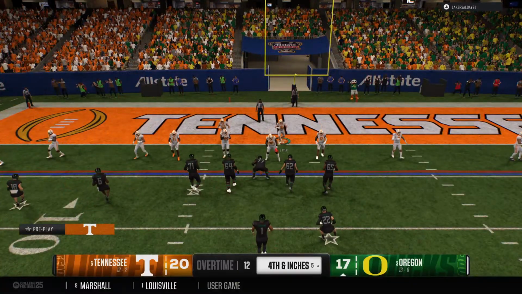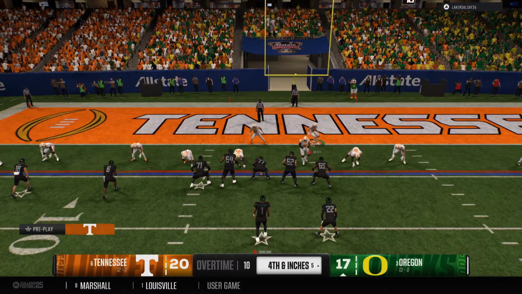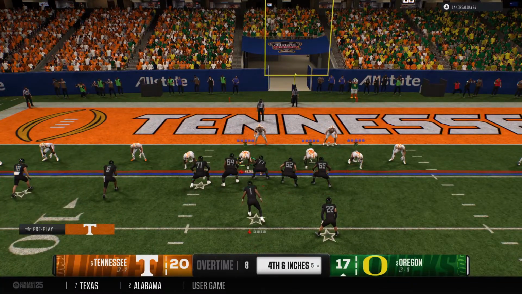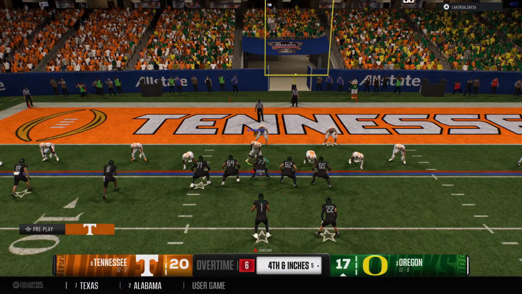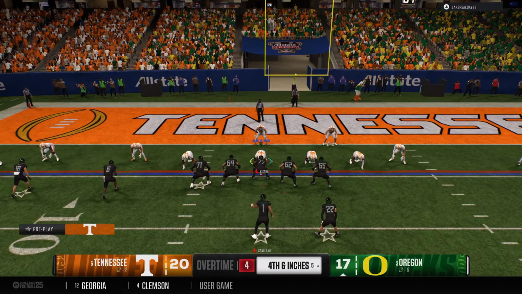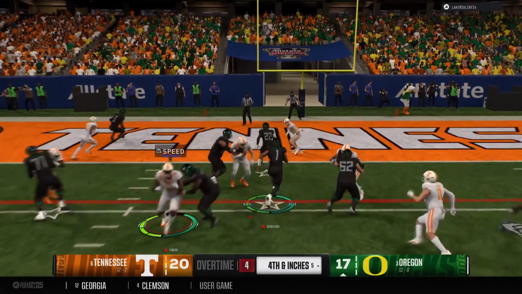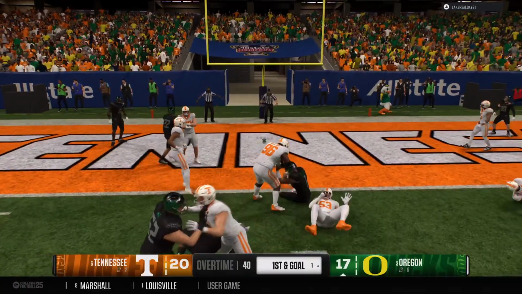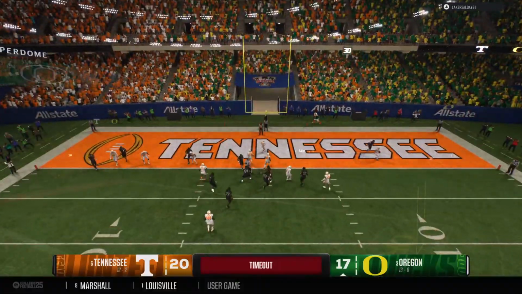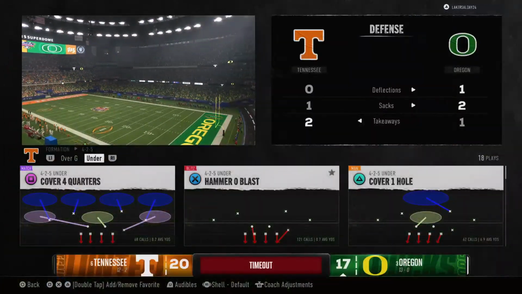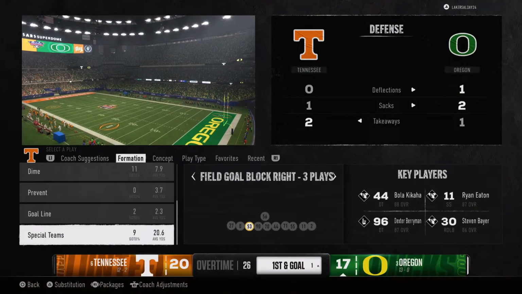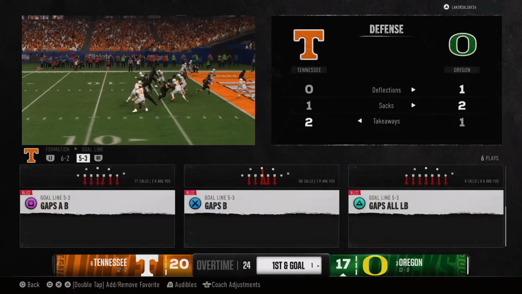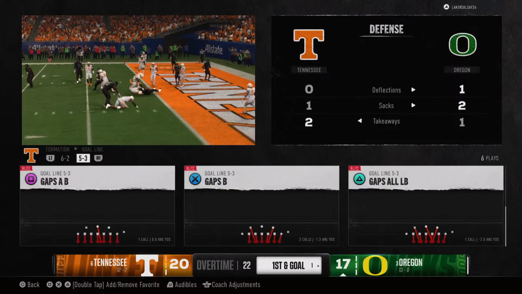So it all comes down to this. They pass on the field goal and go for it on 4th and short. This is the ball game. And it looks like the quarterback's going to run it. And they stop him just short. The defense really backed up now. It's 1st and goal. And now the defense will spend a timeout to get everybody on the same page before this important play.